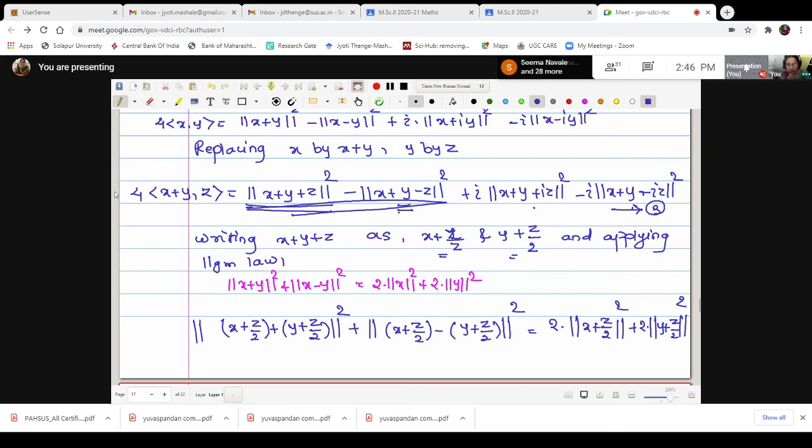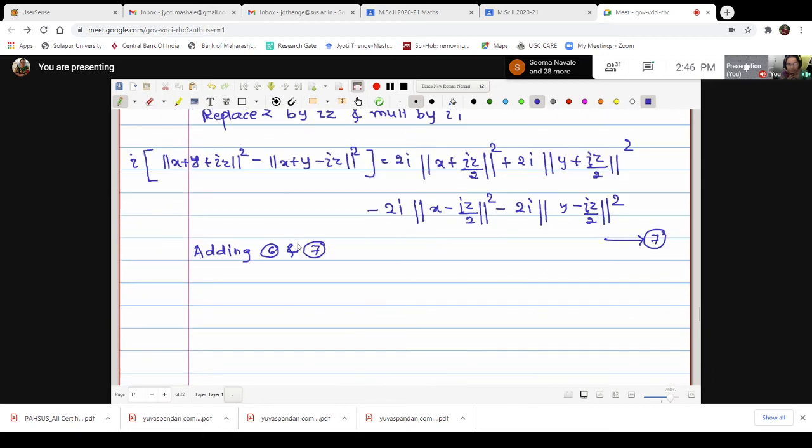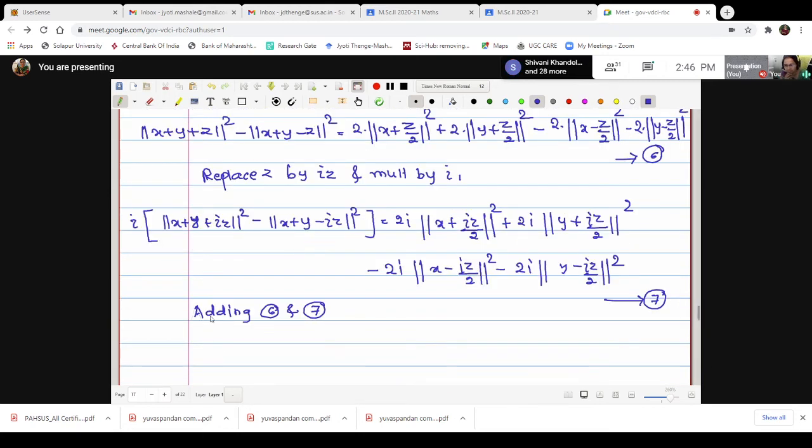Now what is the value? Actually we have constructed this term. Therefore the left hand side will be 4 times inner product x plus y with z. Okay, and which is equal to, what are the changes on the right? We have to add all those parts. While adding, we will take a care that the terms involving x and z we will put it in one bracket, and terms involving y and z we will put it in the another bracket.